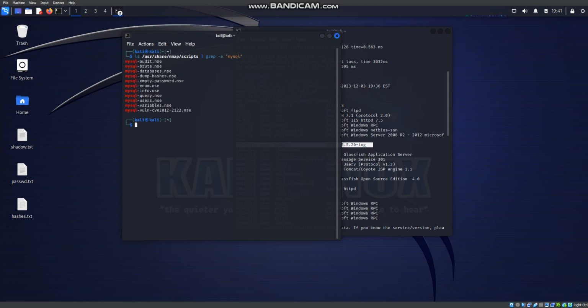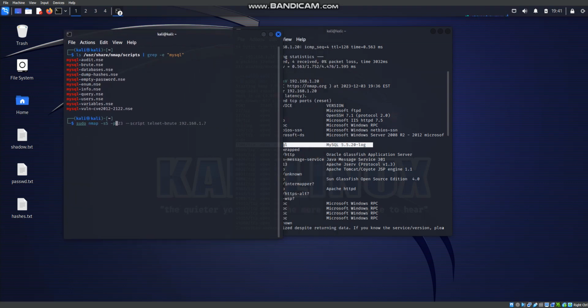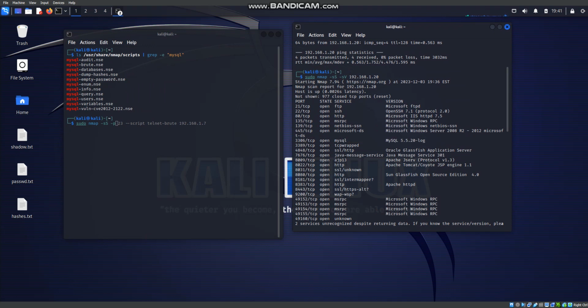To be able to use it, we do sudo nmap. When we check, what's the port number for the MySQL service? You can see it's 3306. So that's going to be port number 3306. And then we run the script, so --script equals